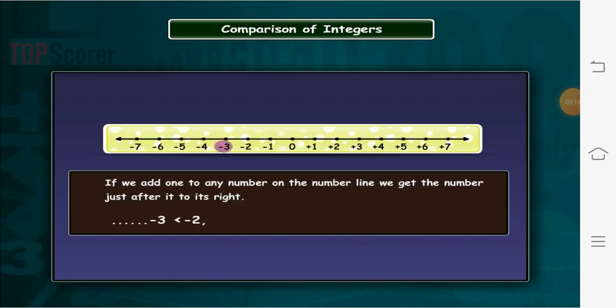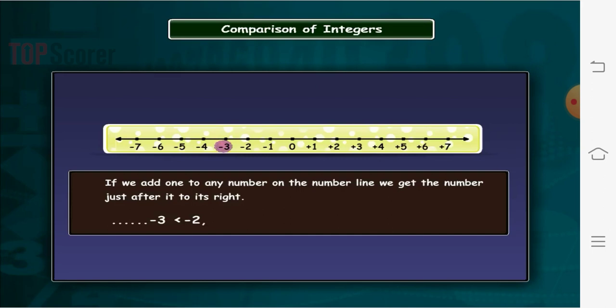what if both the numbers are negative? Like how I have taken the example, minus 3 and minus 2. Now, always remember children, on the negative side, to the left of the 0, when both the numbers are negative, the number which is very near to the origin, closer to the origin, that is 0, will be greater.